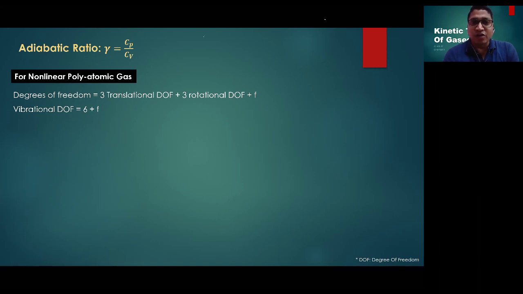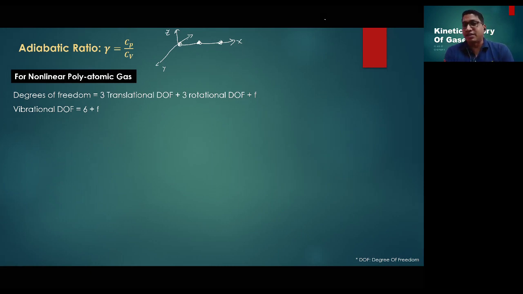अगर मैंने triatomic gas लिया, if I take a triatomic gas, if this triatomic gas is going to be collinear along the same line, and if I define the 3 axes over here, okay, 3 axes. Now this triatomic molecule can rotate about the y-axis, it can rotate about the z-axis, but it can't rotate about the x-axis.